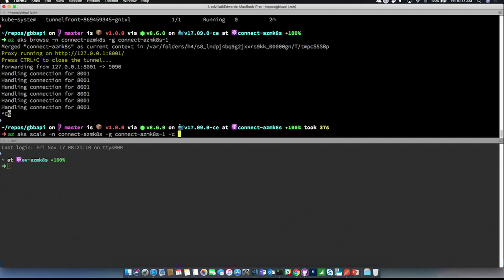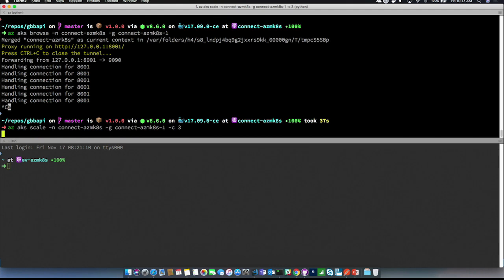And then I want to use -c. I could also use --node-count, which is the same thing, just written out. I like shorthand. So -c, and then the number of nodes that I want in my cluster. So I'm going to go ahead and burst it up to 3. Now, on average, I've seen it go anywhere between 2-3 minutes to add my cluster nodes, which is actually